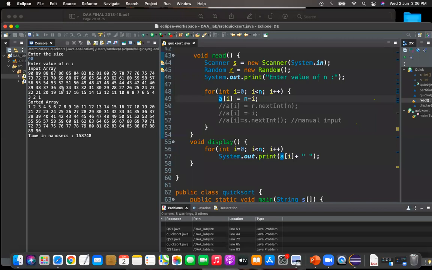But the n value always has to be a very high value. Then only you can notice the difference between the timings. If you keep n value as 10, 20 and so on, then there will be not much difference in the time taken. Time taken for the worst case will be 7,000 and for the best case 6,000 nanoseconds. Only that much difference will be there. The higher the n values, the more all these things will matter. When we talk about complexity itself, we talk about higher n values. Only if n is high will our complexity logic work.